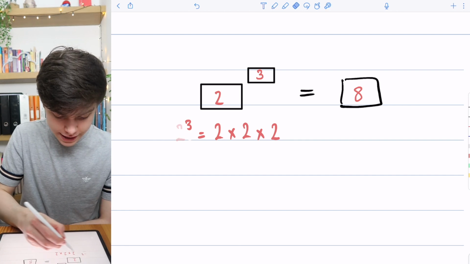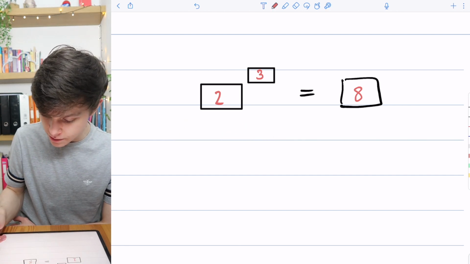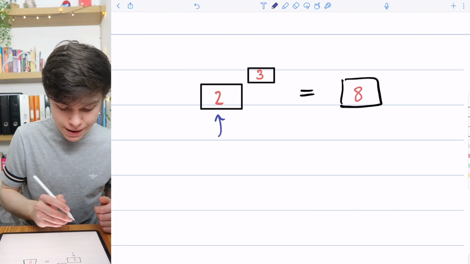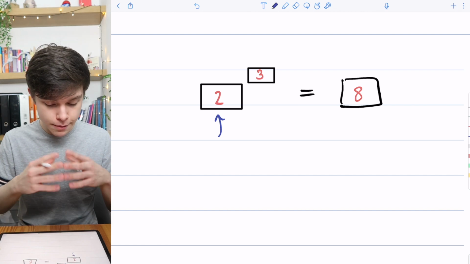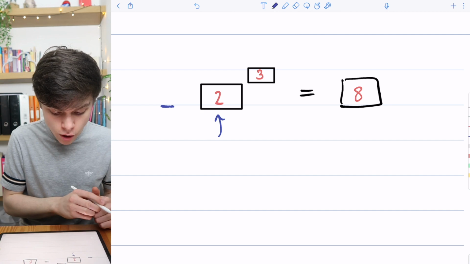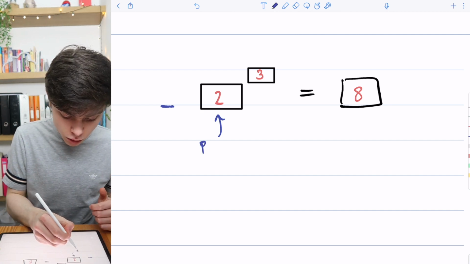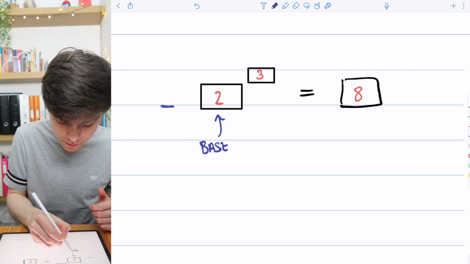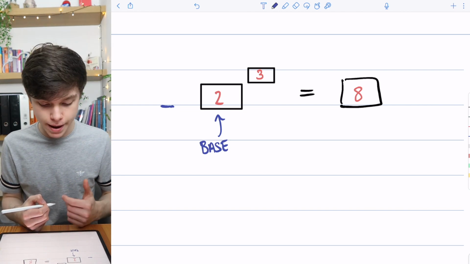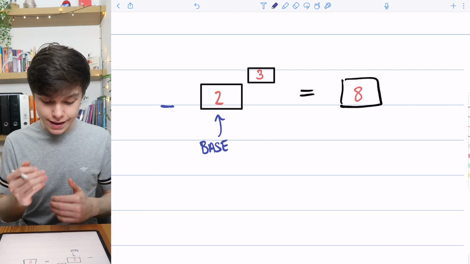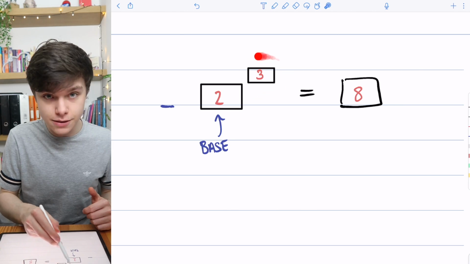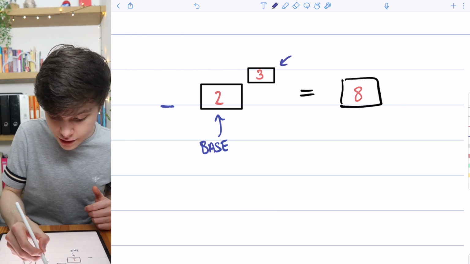Now, what I need to do is introduce a little bit of notation. Throughout this video, I'm going to be calling this number here, that's the bigger number, in the bigger box, kind of on the floor, if you class this line as the floor, the base. You probably heard this before, but if you haven't, then we call the big number the base number. The number that we raise, this little number, we raise the base to this number. We call this the power,